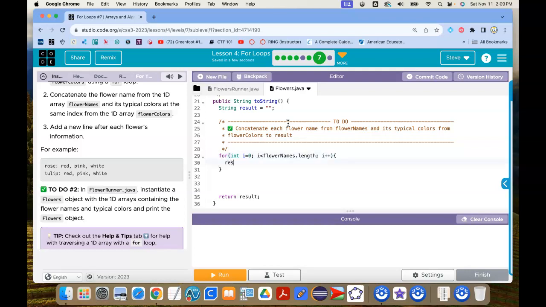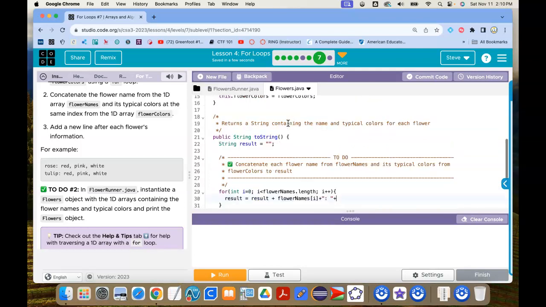And then I want my new result to be equal to my current result, plus I'm going to concatenate flower names at index i. I want to add on, or concatenate, a colon with a space, and then I want to concatenate the flower colors,